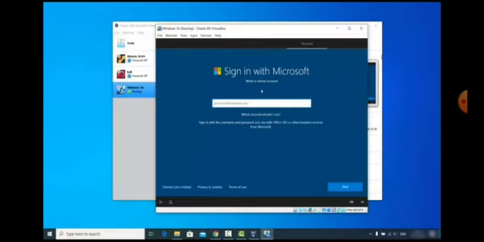So if you have any Microsoft account, you can give your Microsoft account email ID here. Otherwise, if you don't have any Microsoft account and if you don't want to log in with your Microsoft account, you can choose this option which says domain join instead. So I'm going to choose this option which says domain join instead,